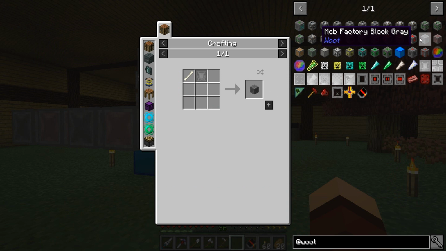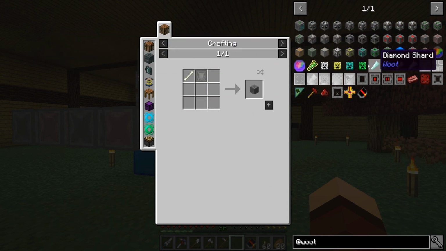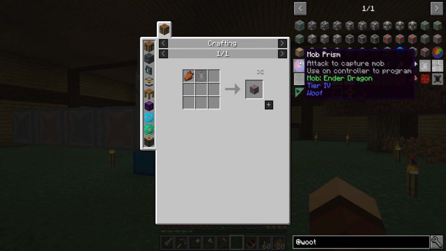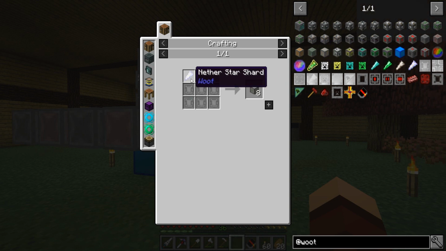So you can see there's the black one, which is just basically more of these casing things we just made, and a bone kind of gives you like the death one or whatever it is. And then red is zombie flesh. Then we get into some higher tier stuff here. You need blaze rods, ender pearls, and then you need this nether star